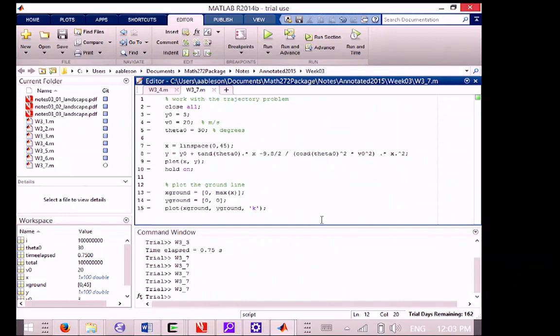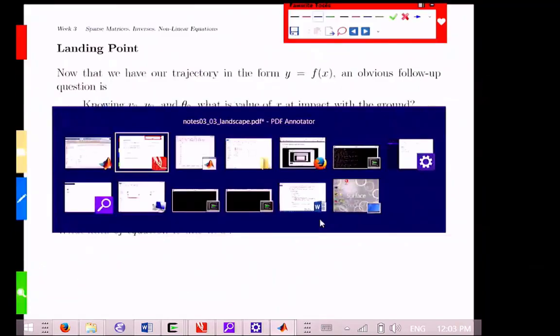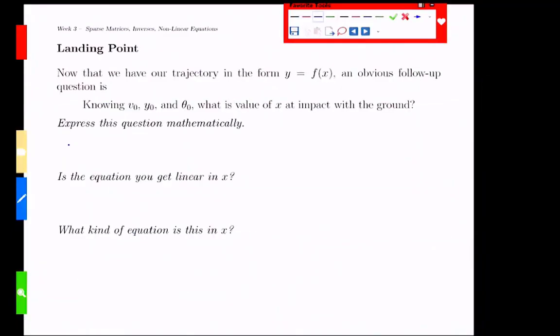Set the functions equal, right, set the functions, one of them's equal to 0. I was thinking set it equal to 0, but you're absolutely right. So we've got the two things. We want to find their intersection. So we want y equals 0 and y equals that long thing there. When we set them equal,